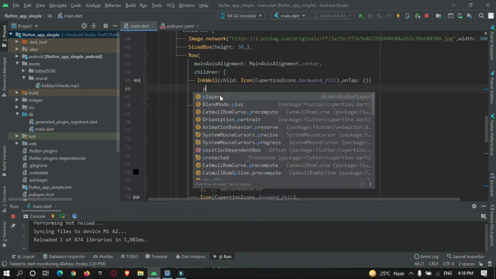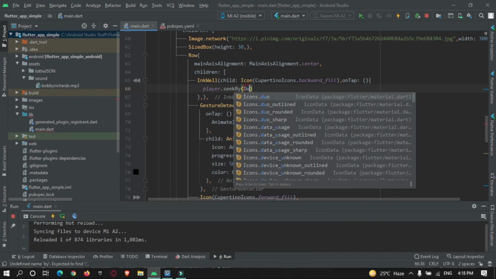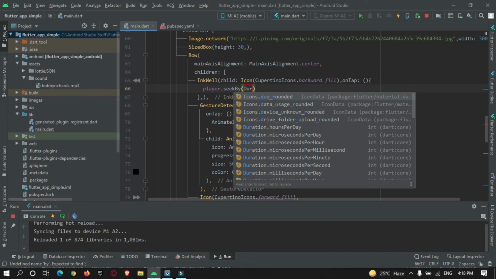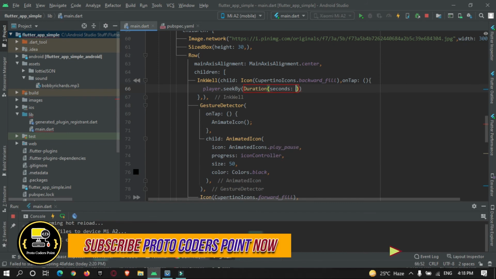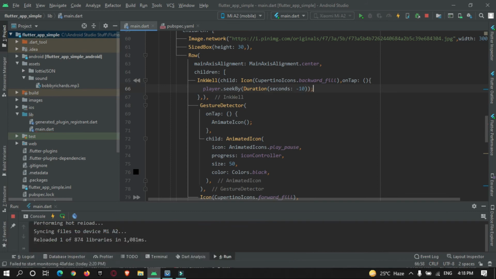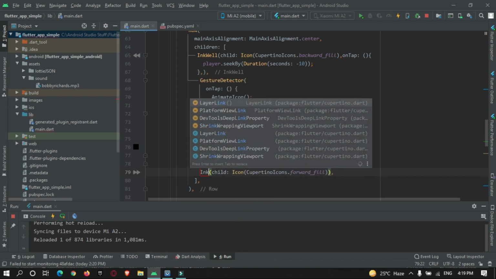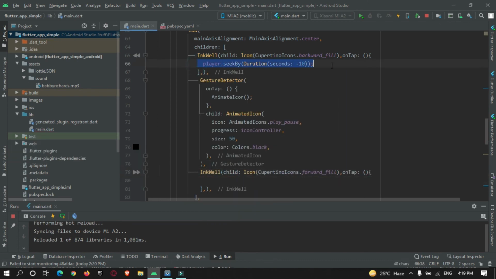Here I need to make use of player dot seek by the duration you need to set, duration by seconds, minus 10 seconds. The audio should go 10 seconds backward when the icon is pressed, and the same thing for this forward icon. I will just copy this, paste it over here and make it 10 seconds forward.